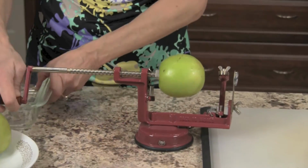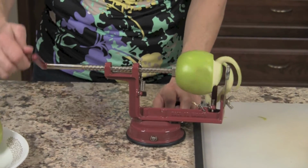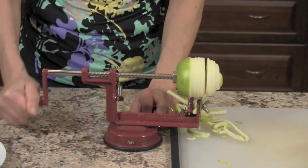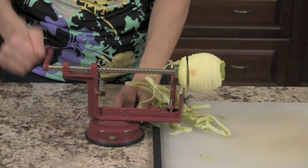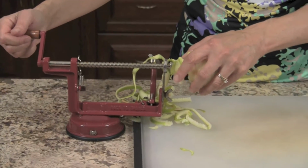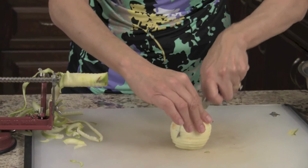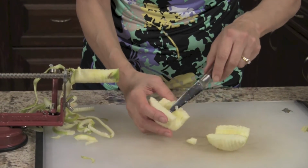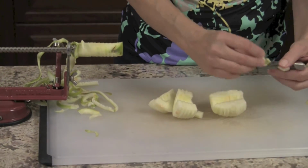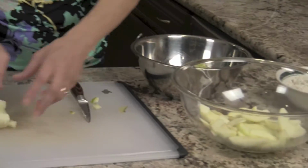and then all you do is start twirling, and it peels the apple for you and it cores it all at the same time. And you keep going all the way to the end, and then you just pull it off just like that. Isn't that cool? And then all you got to do is slice this in half, and you do want to check for any little core pieces left in there because they're not really too tasty to eat. So I'll just cut a little bit of that off, and then you can just throw your apple right in there. It's all nice and sliced,